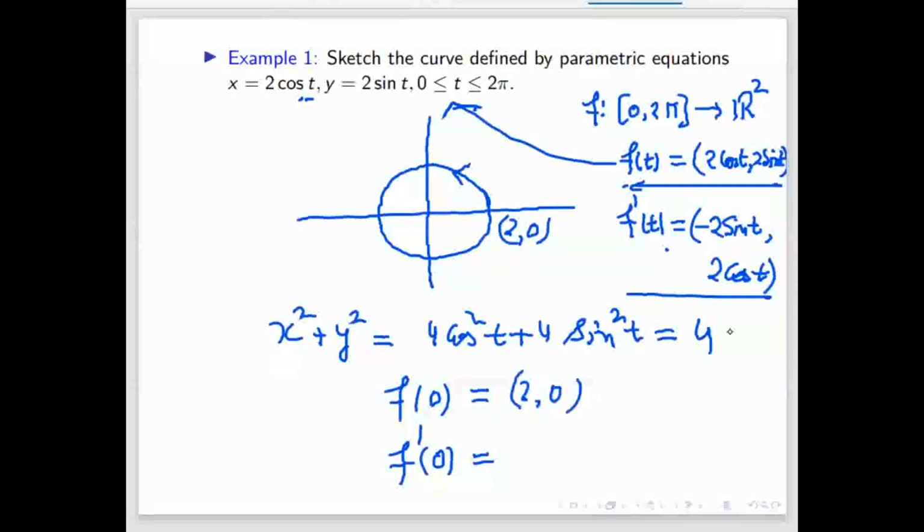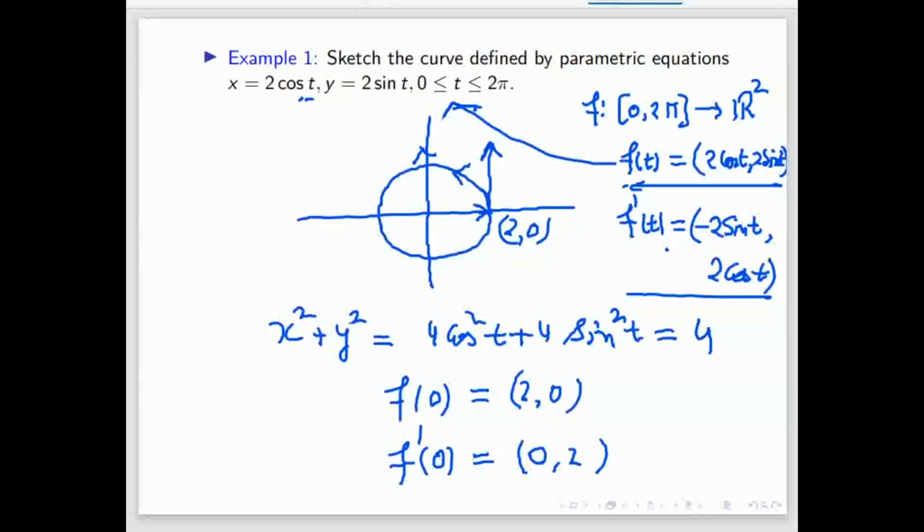Yeah, so even it is giving the same, but now see the 2 comma 0 is this vector. What is 0 comma 2? 0 comma 2 is this vector. At time t equal to 0, the particle is here, so this is showing that the direction is this one. So actually it represents the tangent at the point. This 0 comma 2 is the tangent direction at point t equal to 0. So like in R to R, you have this derivative as the tangent. Here also it is tangent.